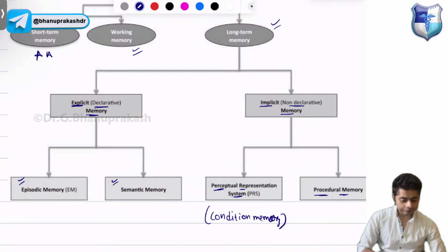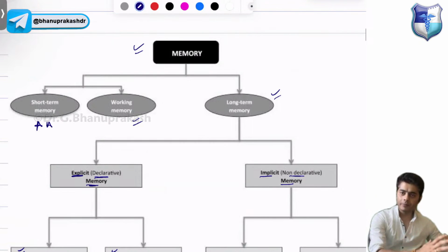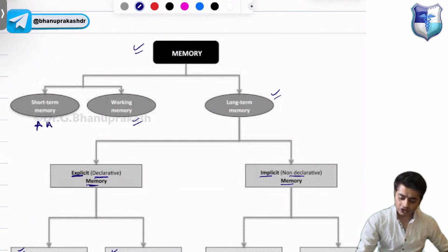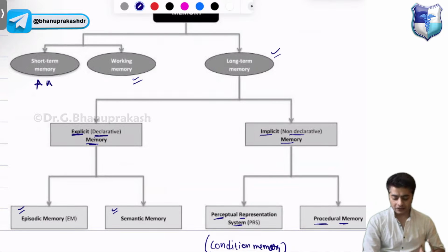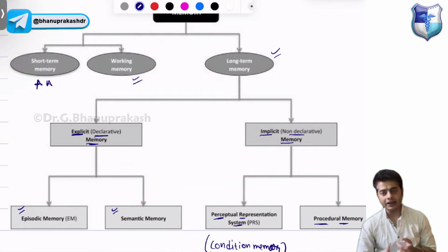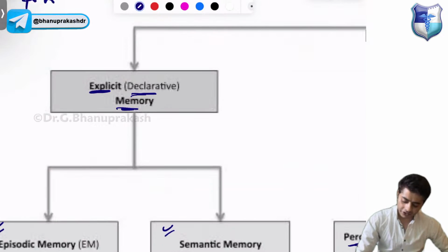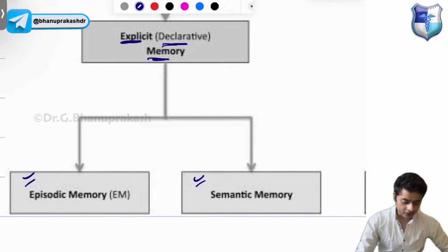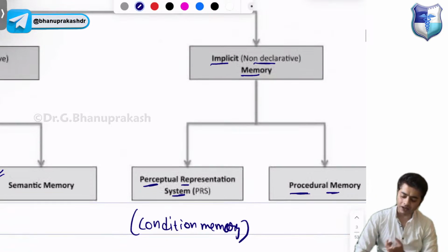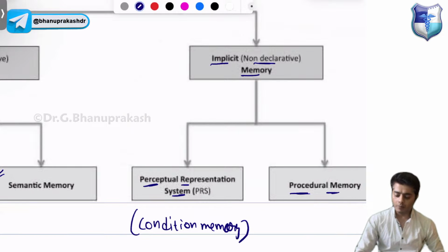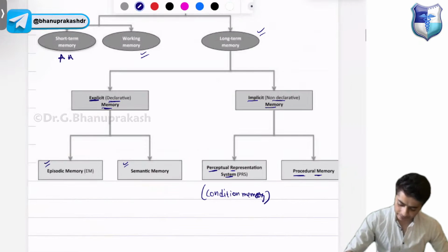Hello, Sharma. Good evening. So, short-term memory, working memory, immediate memory. Then comes your long-term memory. You divide it into two parts: explicit declarative memory and implicit memory. Your explicit memory is divided further into two parts: episodic and semantic. And your implicit is divided into two parts: classical conditioning, and the other is your procedural memory. So, see,